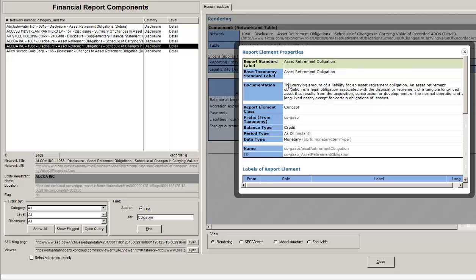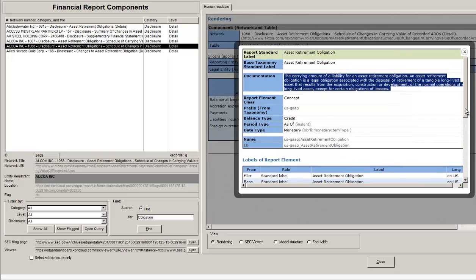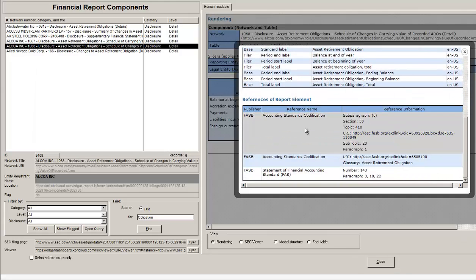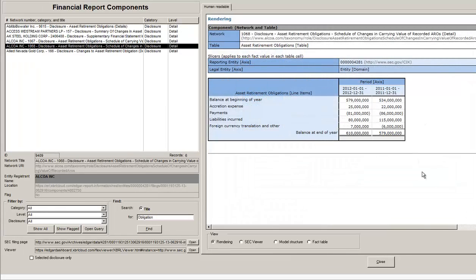So this is descriptive information about the concept that was reported. You can kind of ignore this if you're not doing XBRL. These references are useful, and you pretty much have the same information for 1,000 different disclosures,